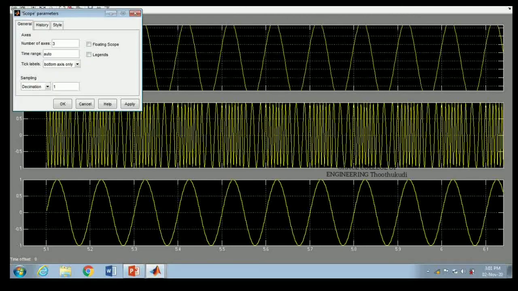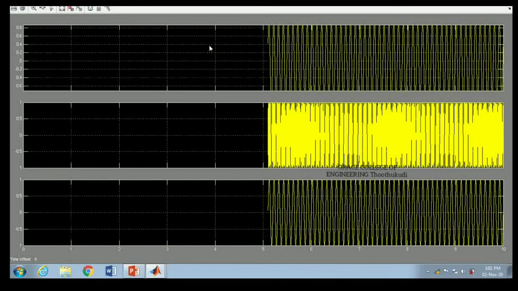In settings there is the number of axes. There you can type how many inputs you want to see at a time. Since I want to see 3 outputs at a time, I have given the axes as 3. Already in the scope window I have got the output, and the output is displayed.